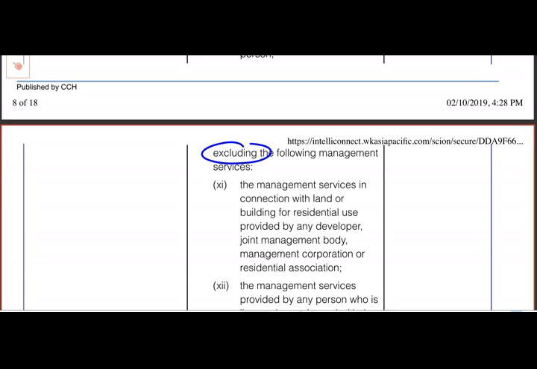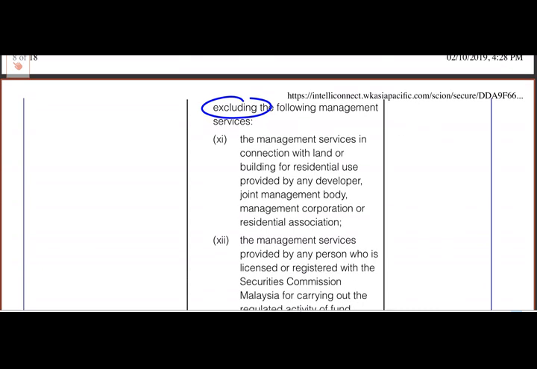Okay, exclusion. Now, these are those services that they will not impose 6%. Now, one, if it's to do with management services connected with what? Land and building for residential use. So that means if you stay in a condo, you realize that you pay maintenance fee, right, for the running of all the facilities. Now, that one is not taxed, because it's residential use. Okay? Now,